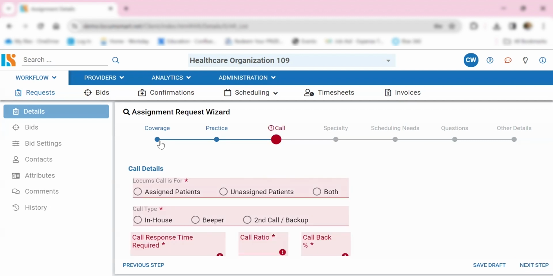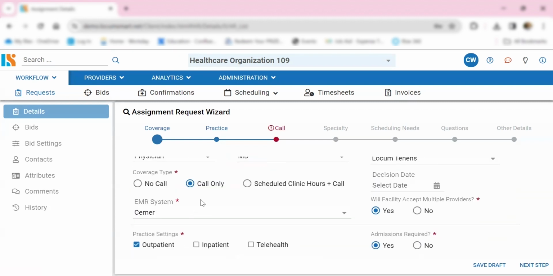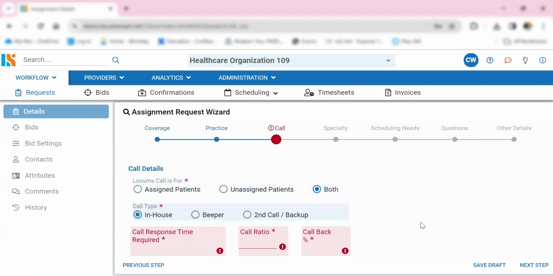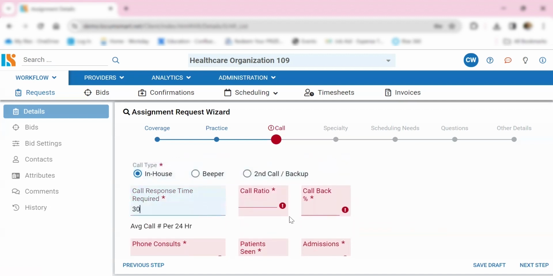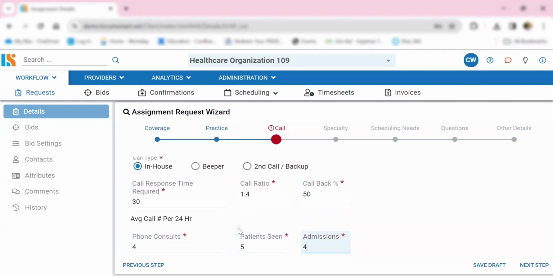Now, if we look back on the coverage page, we'll remember we selected call only. That's why we need to fill out this information on call. So we'll go ahead, say both, in-house, and we'll just put in some information here. Once again, these are all required, so do your best in filling these out, and if you're not sure, you can always come back and fix them. We will now click on Next Step,